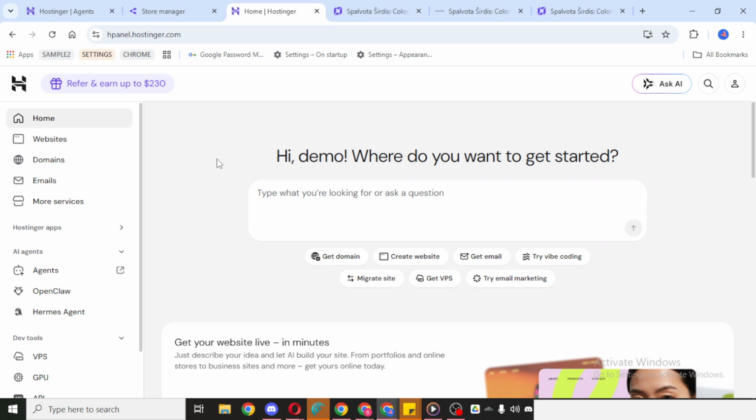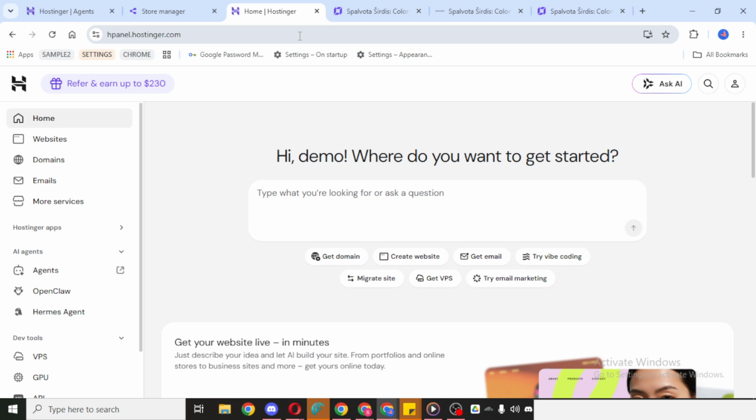To begin, open your Hostinger account and sign in. Make sure you are using the account where the subscription is currently active, since many users may have more than one service listed under their dashboard. Once you are logged in, take a moment to confirm that you are on the main account area before moving to the next part. From there, click on your profile.